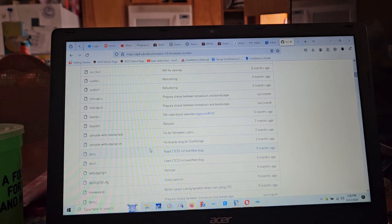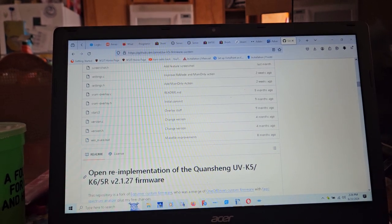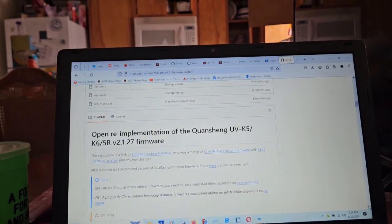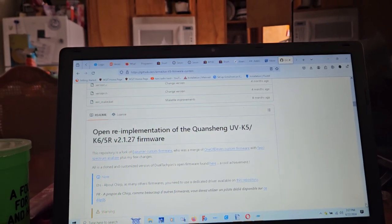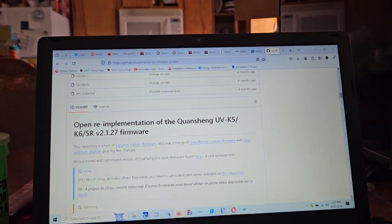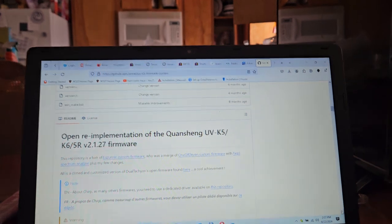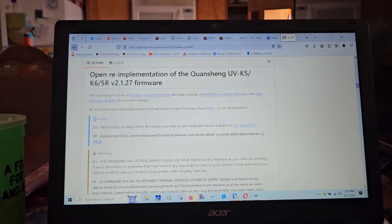Whoa. Okay. I don't know what this is. Open re-implementation. The K65R. This repository is a fork of the EG Zoomer custom firmware, which was a merge of 111 custom firmware with the FAGG spectrum analyzer plus my few changes. All is a clone and customized version of dual something or other's open firmware found here. A cool achievement. Okay. So anyway,